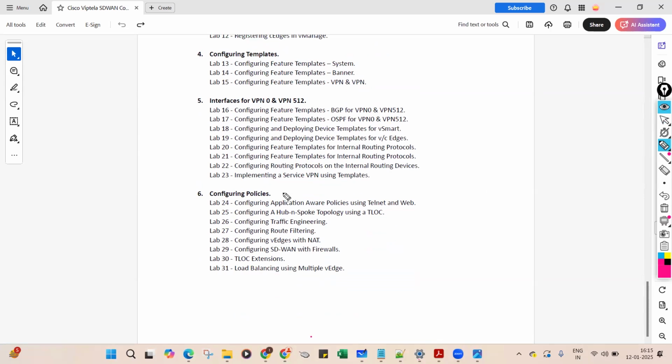When I talk about configuring policies, hub and spoke is one of the important policies that is being used by the clients. So we will be covering this topology in detail during our lab sessions. We will also be looking at not just the practical, but also the theory part of each and every use case, so that when you get into the interview rounds, you have the theory part covered